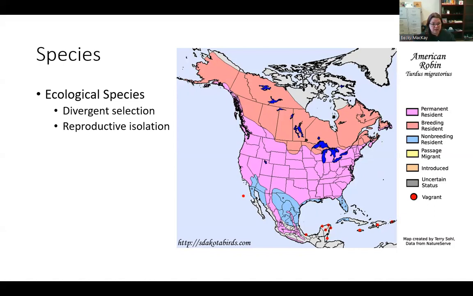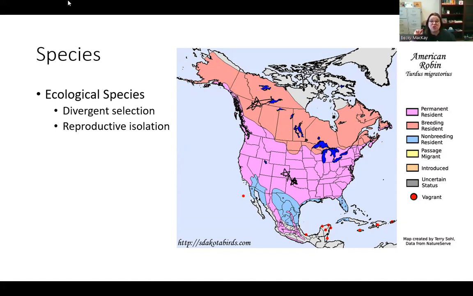Realistically, the robins that live up here, they stay up here. The robins that live down here, or let's go to, oops, that's not where we live. We live right here. Let's pretend like I put the star in the right spot the first time. So over here in Alva, our Alva robins, they're probably never going to meet these Alaskan robins.